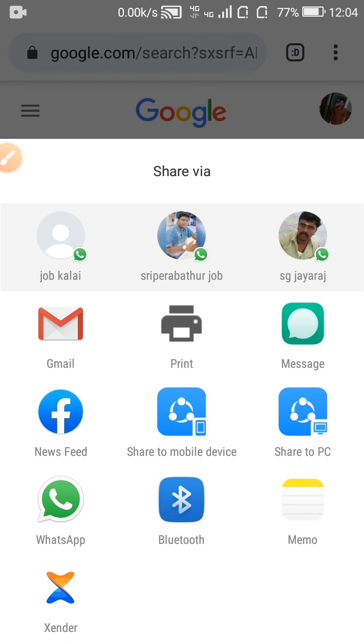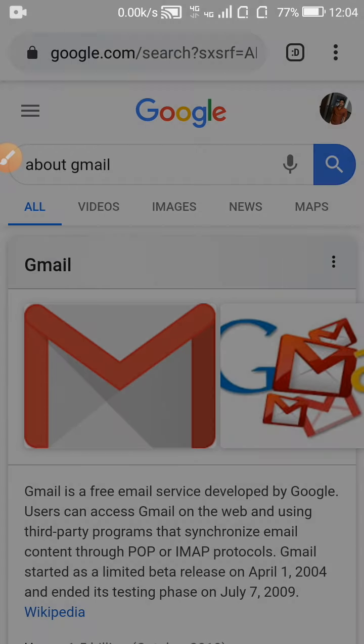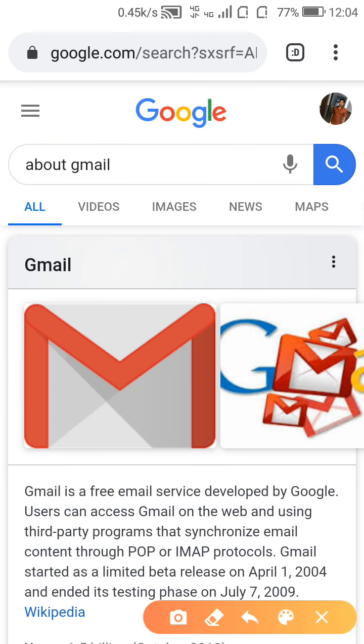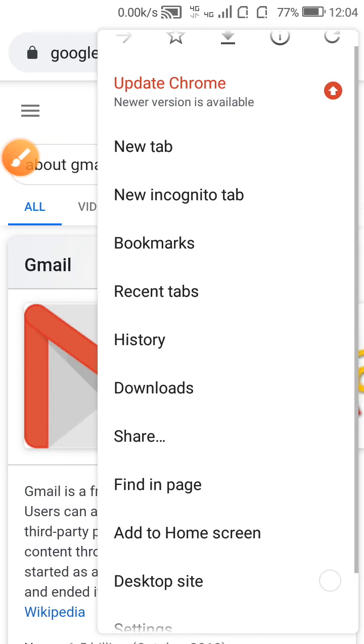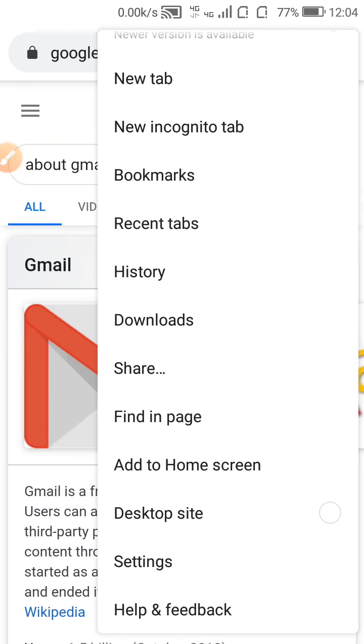These are all ways to share to your friends or neighbors by clicking share. And this 3 dots, you have to click about and go to desktop.